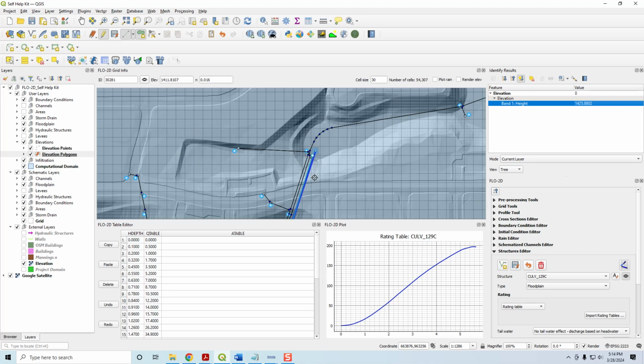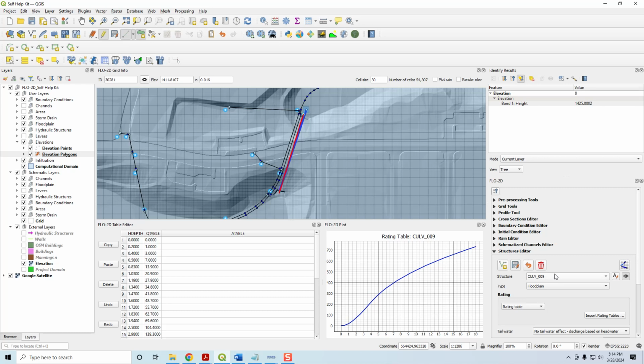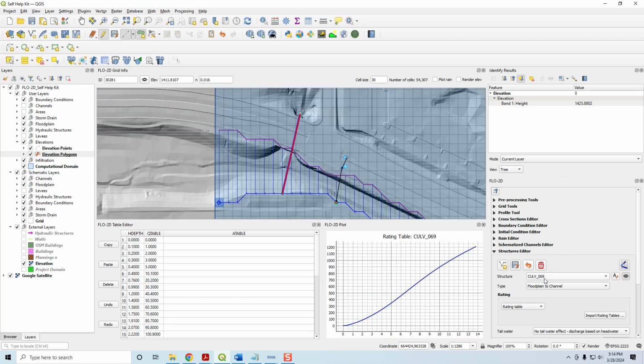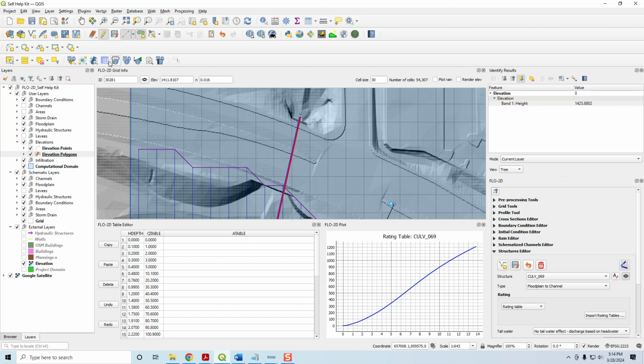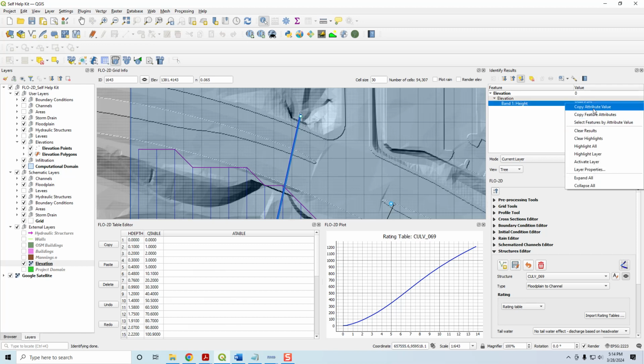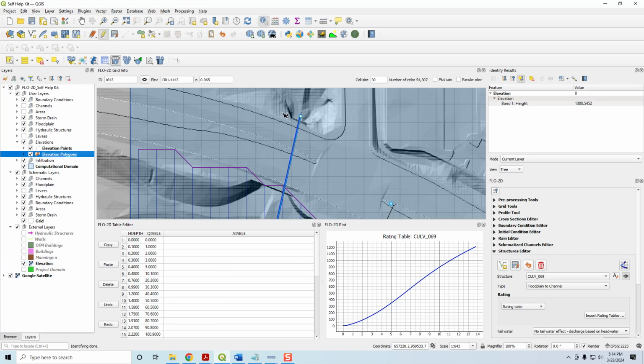Now let's go ahead with the next one. So let's just do these in order. So that's 9, and here is 069. This one might be okay. So first off, we'll grab, this is 1381.4143, and let's grab the ID tool, and that should be on elevation, and that is looking at 1380.5452. So I'll copy that value and we'll do an elevation polygon,